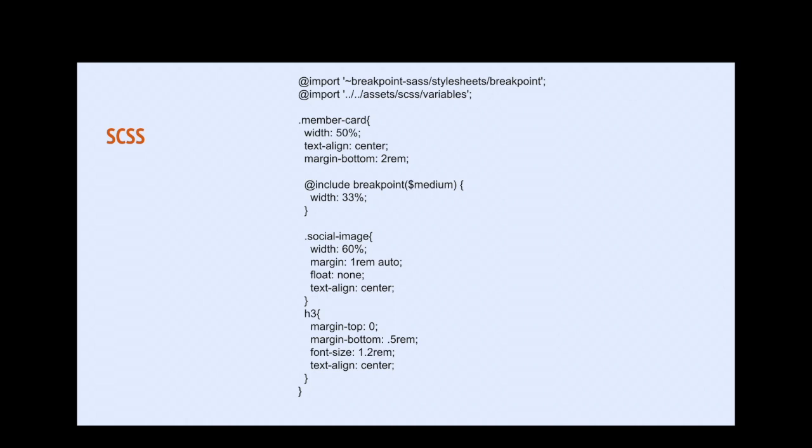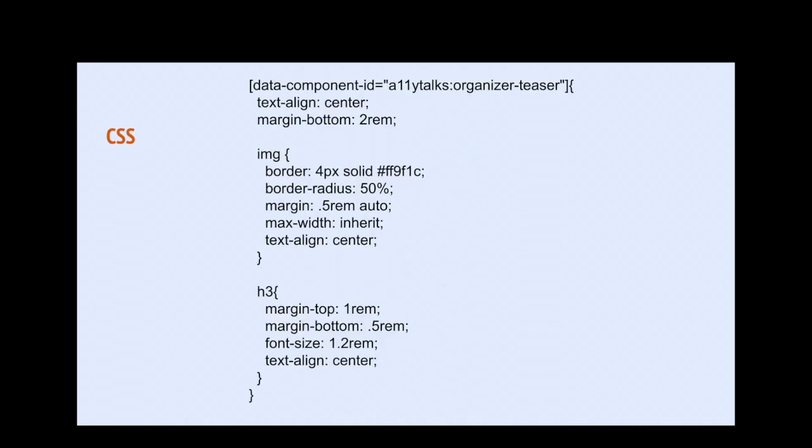The SASS file, where I'm importing all the stuff that's not being used because it's already somewhere else, but in order to build it out with that, you had to import that all in there. The only thing that made it useful was the fact that you're importing the variables in there, like the breakpoint medium, as opposed to just defining your breakpoint. With the CSS, I'm using this thing called data component ID, and then the name of the actual component, and that actually breaks it in there. And I'll show what the output is. Actually, I'm going to do that now.